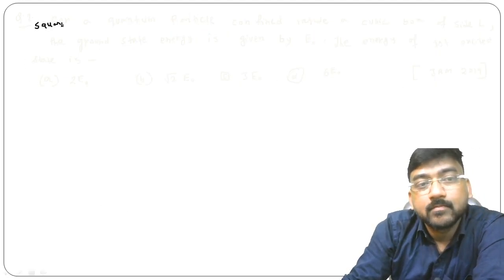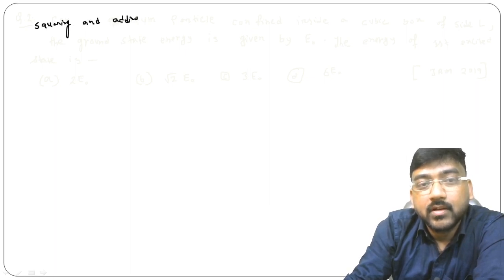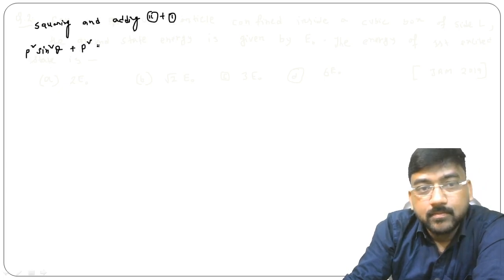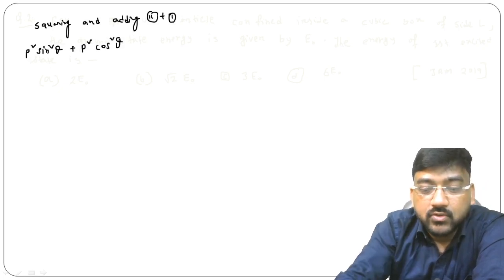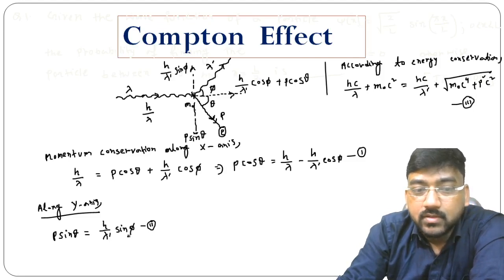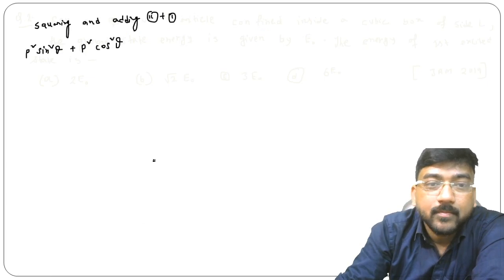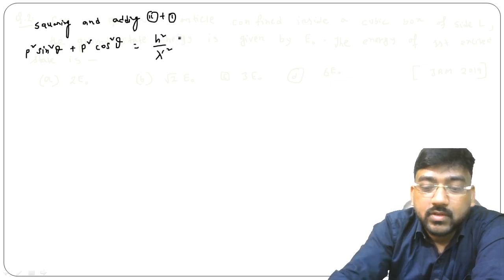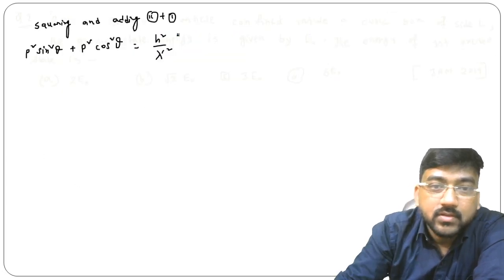Squaring and adding, we will get p square sin square theta plus p square cos square theta equal to h by lambda dash sin phi, that means h square upon lambda dash square into sin square phi,